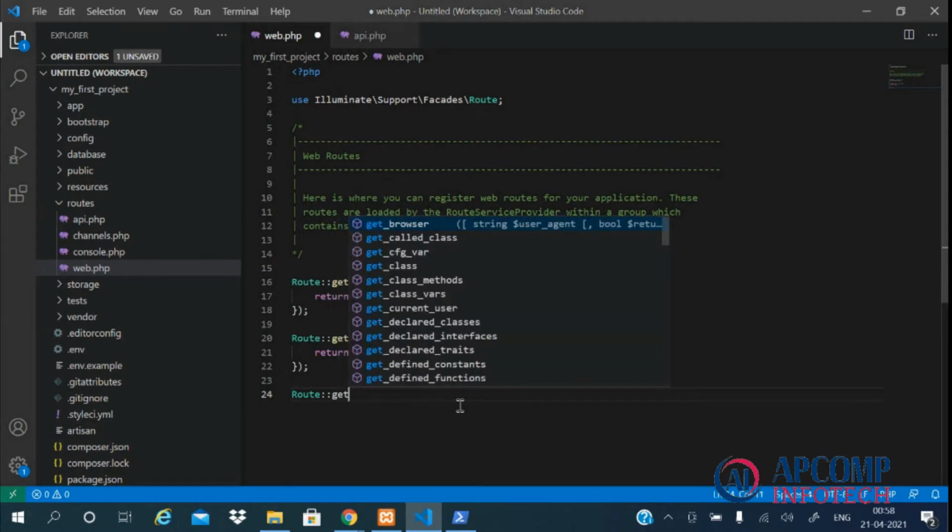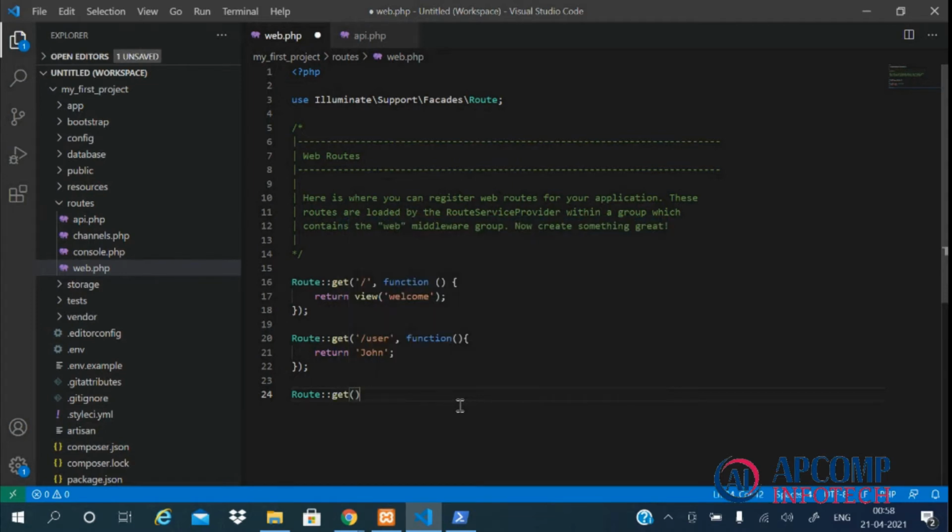We are using get here, and within this method we'll be passing two parameters. One is the URI, which could be like posts, and the next parameter could be a closure function or a controller method, which we'll do later in this video.